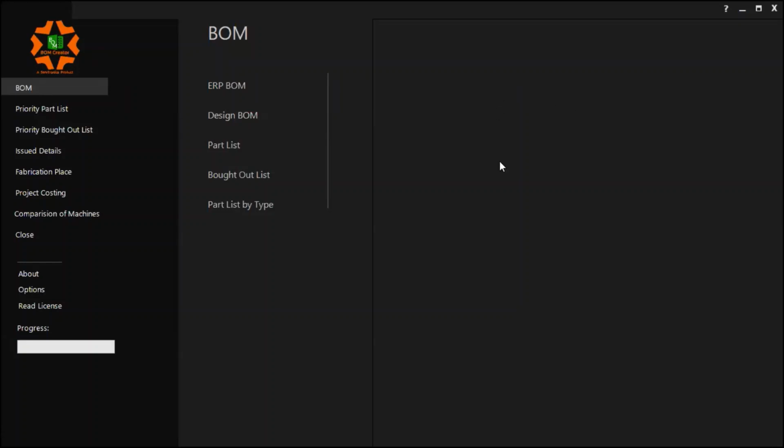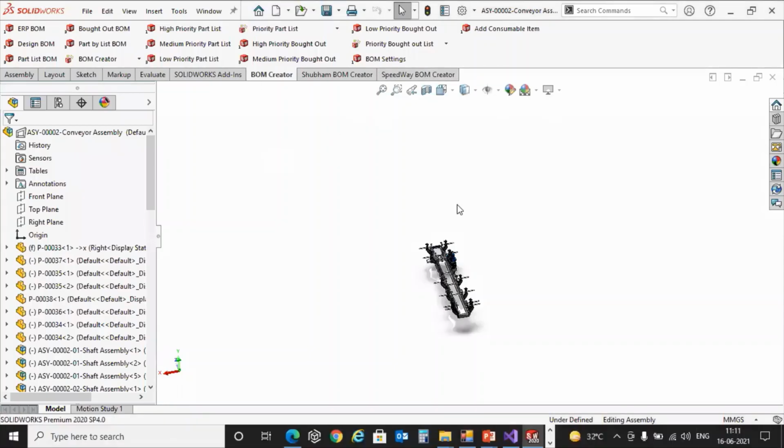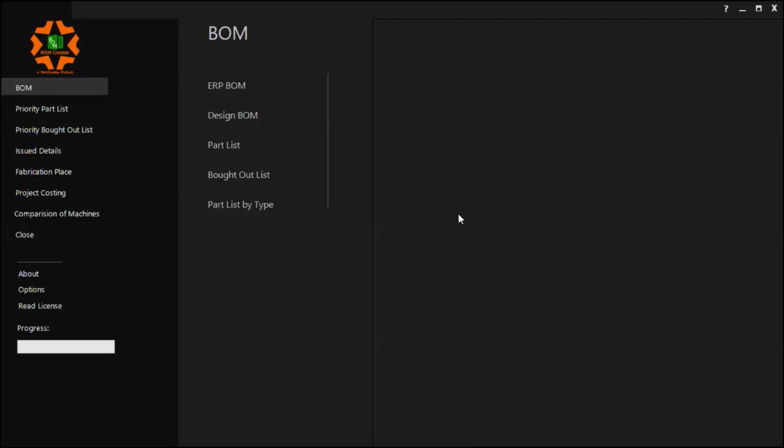Okay, yeah. So now this is the basic interface. You can work in two ways, right? One is we have the shortcut, we launch it and we start working on it. The other option is, as I said, it's completely integrated with our SolidWorks CAD system. You have the buttons inside the SolidWorks window and you can just start creating BOMs from there. So you can do it either way, the way you want. Let me explain the features and we'll take everything one by one, right?